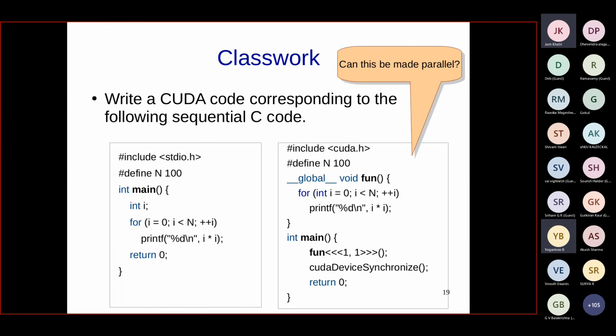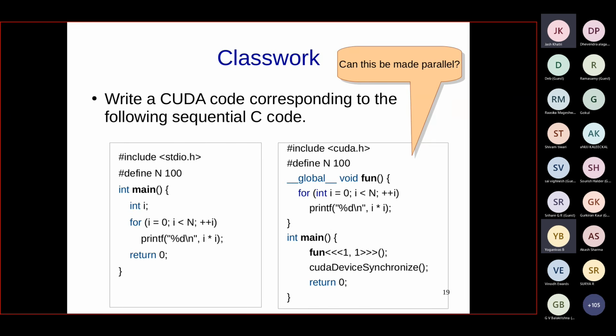Okay, so one of the ways in which this can be done is very simple. We can just launch the kernel with one thread and place this loop inside the kernel. And yeah, this will print the correct answer, as it was with the CPU. But there is one problem: it is running in an entirely sequential manner. There is no parallel thing involved here. There is one thread which is executing